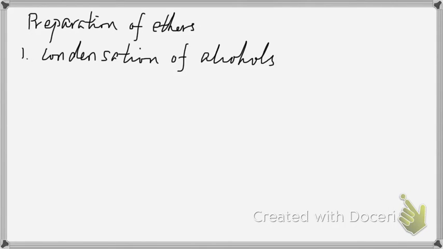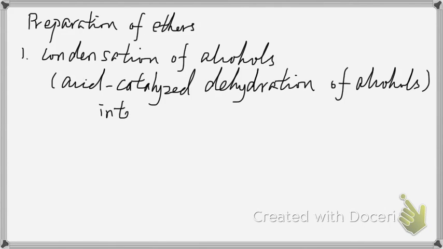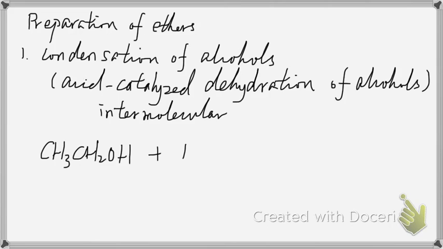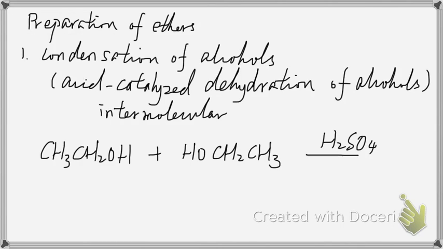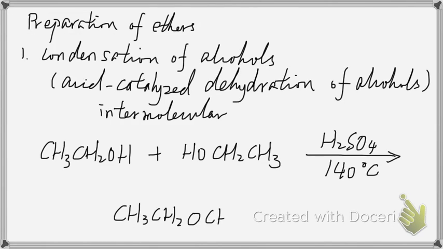Now let's talk about how to make ethers. You have actually learned most of these reactions. The first one is condensation of alcohols. This is actually an acid-catalyzed dehydration of alcohols. It's an intermolecular dehydration. So some of you probably remember that we talk about acid-catalyzed dehydration of alcohols to give